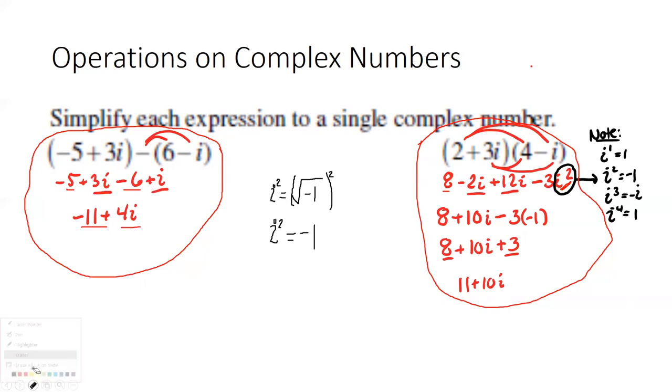Now, i to the 3rd power and i to the 4th power, you will need to know that just so that you can functionally work through these problems. But this right here, the i to the 3rd and i to the 4th, that's an office hour question. But for real, what I need you to know